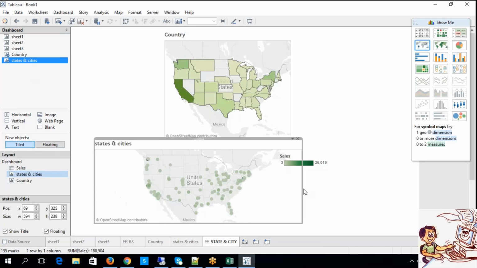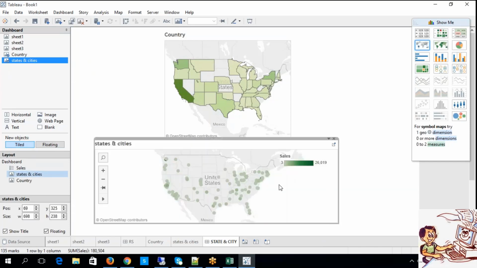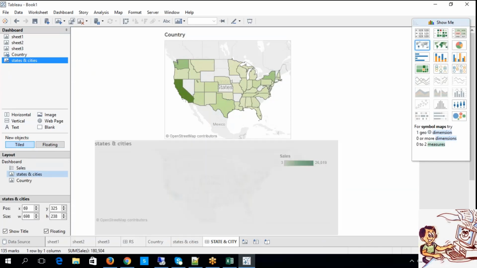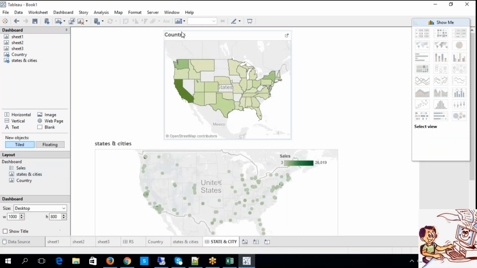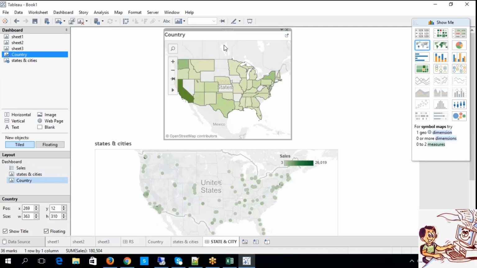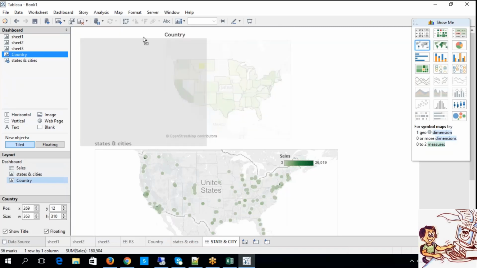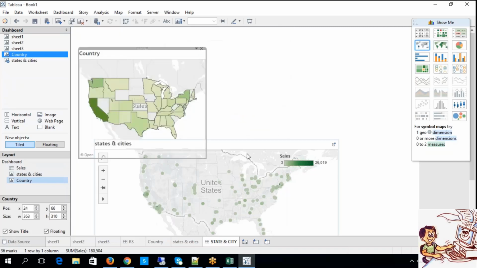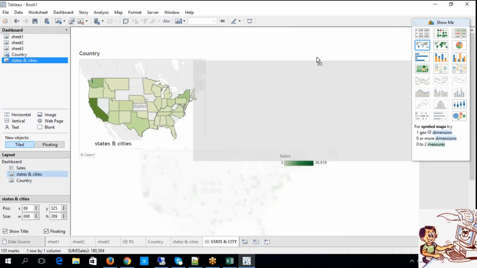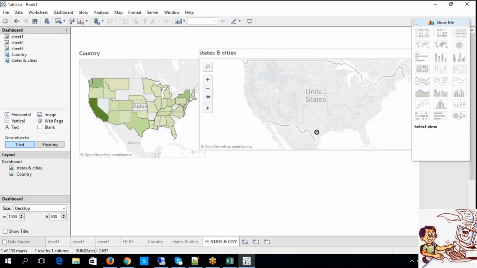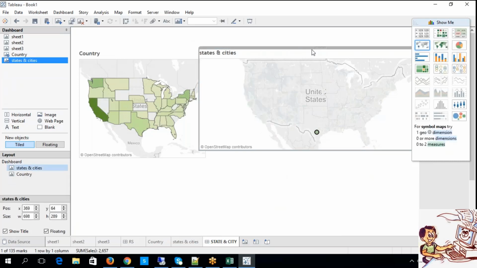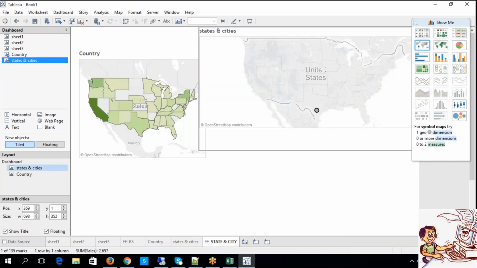Let me play around with this. Alignment is very important, guys, so don't forget that. It's very important.